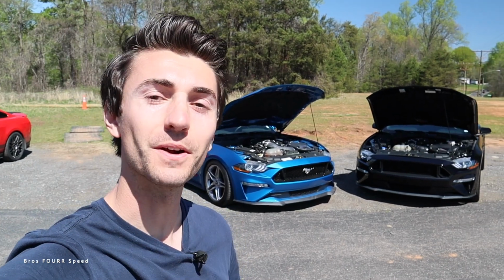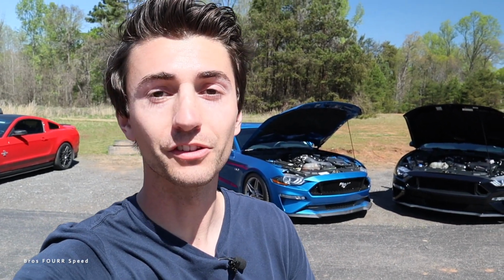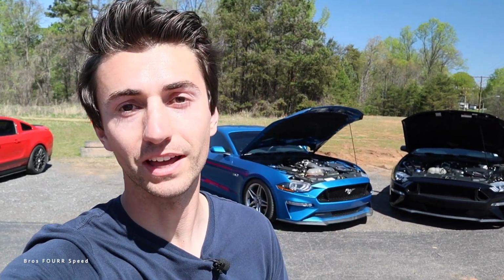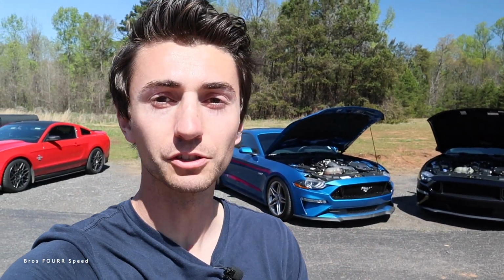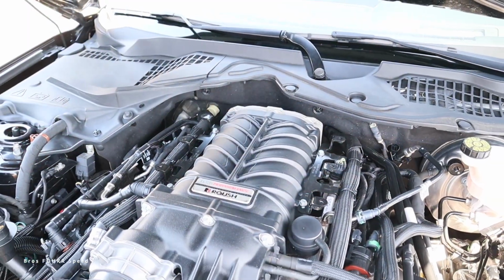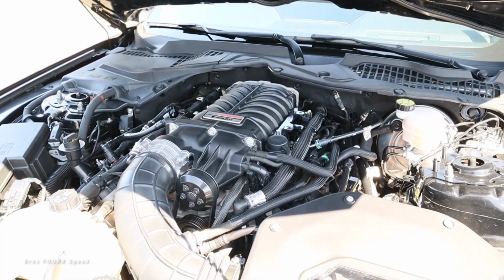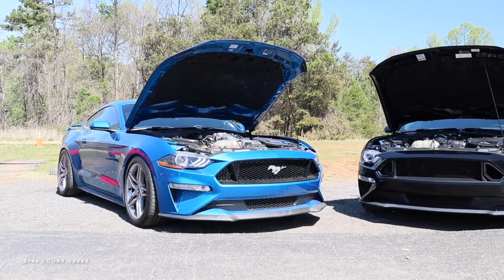In today's video, we are back on the debate of manual versus automatic. Today we're going to compare these two Ford Mustang GTs, which stock have a 5-liter naturally aspirated V8 with around 460 horsepower. Both of these have Ford dealership installed Roush superchargers pumping out 750 horsepower. So it is going to be very cool to see how a 6-speed manual and a 10-speed automatic compare with